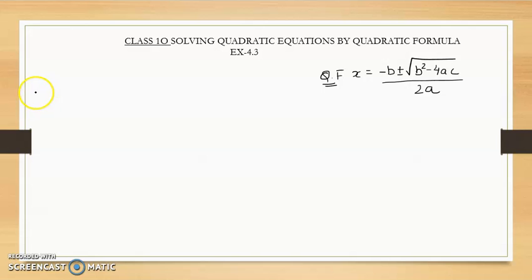So question number 2 says that you have to solve question number 1 by the quadratic formula. So I will be solving the third part of question number 1. Are you following, students? Why am I writing question number 1 third part? Because question number 2 says that you have to solve question number 1 by quadratic formula. So what is question number 1 third part?